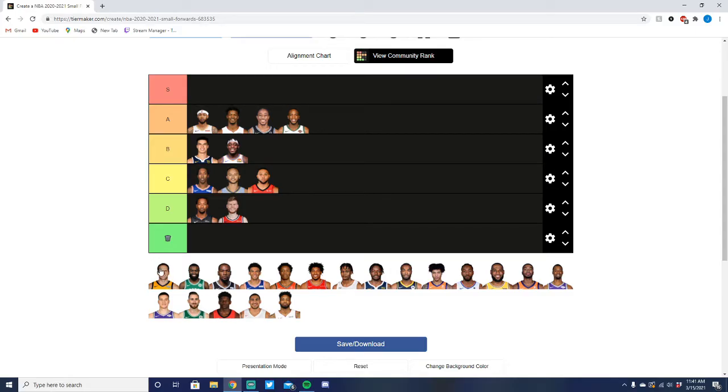Bojan Bogdanovic. I didn't know where Bojan Bogdanovic really goes right now. The Jazz have had an amazing year. Bogdanovic has been a valuable part of that, as he has been for the last 2 years to their success. He's always been a good three-point shooter. He doesn't shoot a ton of shots that aren't three-pointers at this point in his career. He's not really out here creating a ton of offense for himself, but he scores the ball at a high level. He's not a bad defender at all,